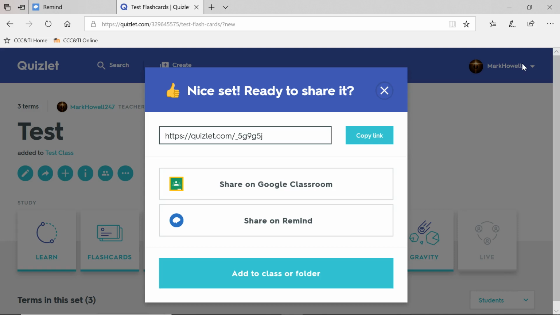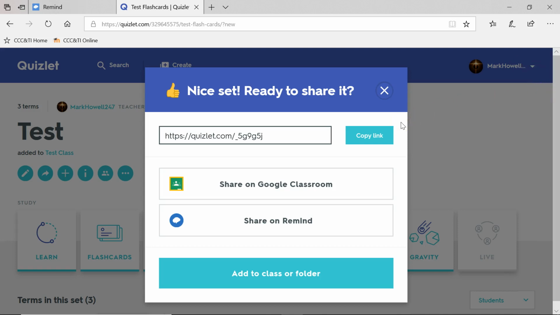Now, if I was to send this out to the students and wanted them to interact with the application itself, you could say, here's the link. And here's one of the reasons I picked Remind, because now I can text that link to the student saying, hey, you've got a new vocabulary list, boom, go to it. They can do it on their phone, right? My son does it on his phone. So,